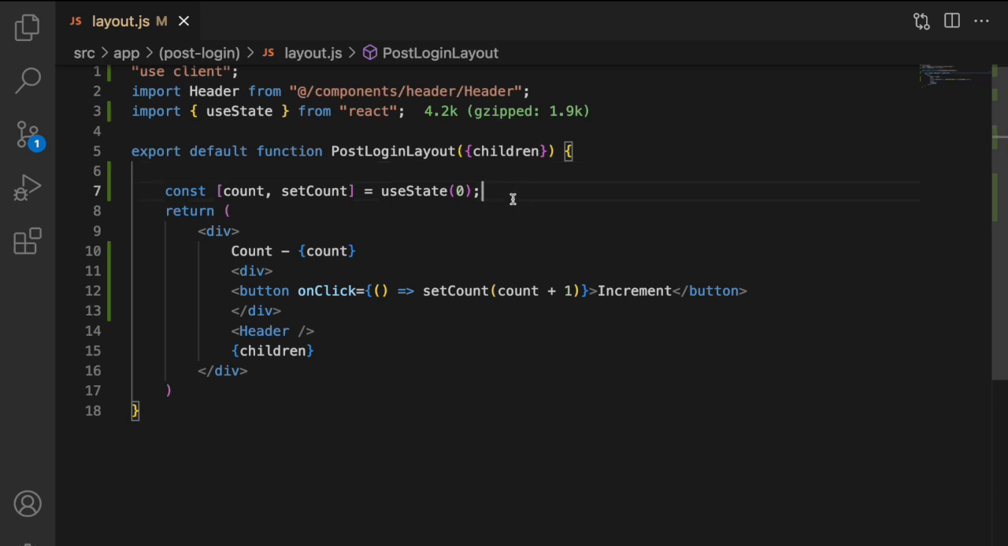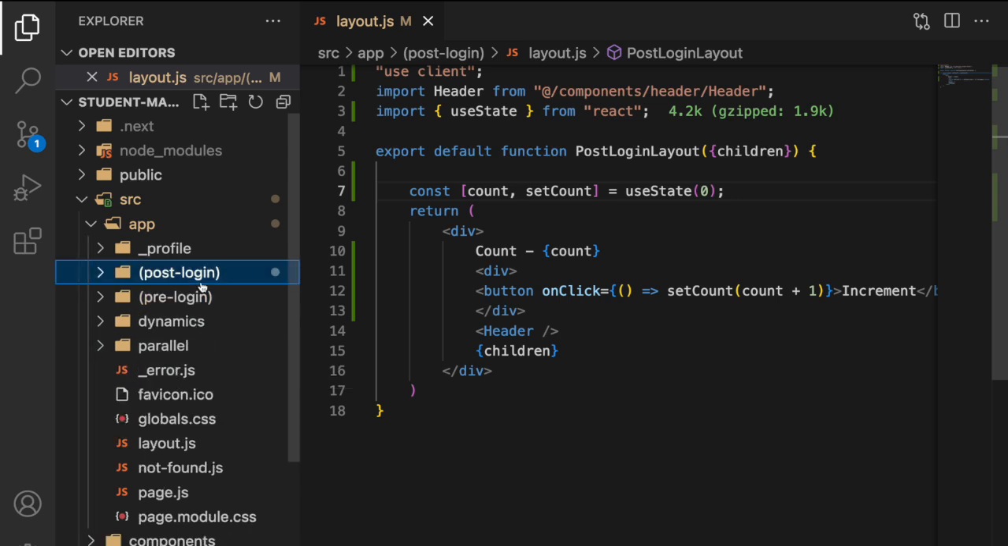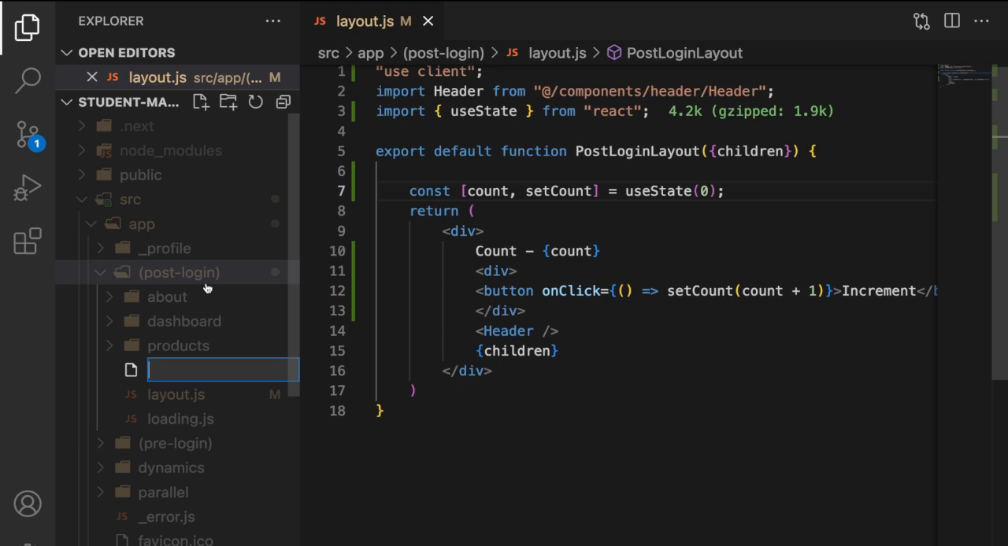But in some cases, every page route may require a new state. Whenever you change the route, it should require a new state. It should reset to 0. So how can we do that? It is very simple in our case. We can do that with Next.js templates. So it's very simple. Just go here and create a template file,